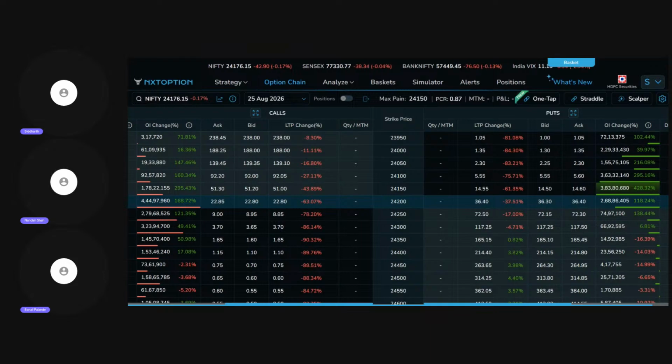One minute, Nandish. Before that, I want to share about the IV movement also. Nifty around 24,100, call IV is currently around 6.20, and put IV is similarly around 6.20. At 24,150 also, call IV is around 5.46, put IV is around the same level, and the same with the 24,200 level also.